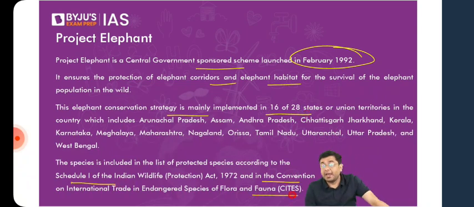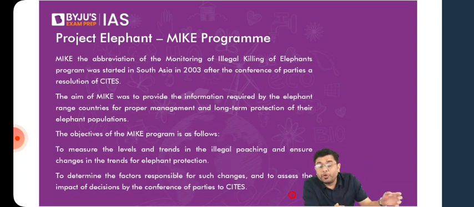Now, Project Elephant has also seen innovation carried out for the purpose of conservation and protection, where various programs have been launched in order to significantly improve our understanding of the damages. For example, in the case of elephants, we have already seen that the biggest threat they face is hunting and poaching.